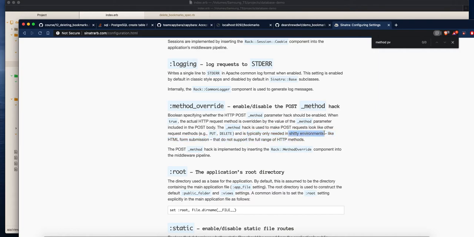Typically needed in shitty environments. All right. So how do we do it? Essentially, it's a Boolean true or false. When true, it's overridden by the value of the method parameter, including the post body. So we need to find a way to add this